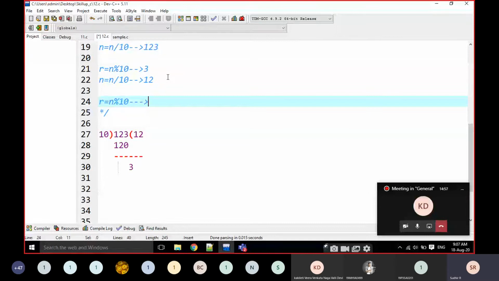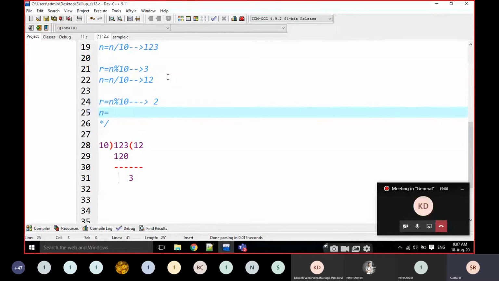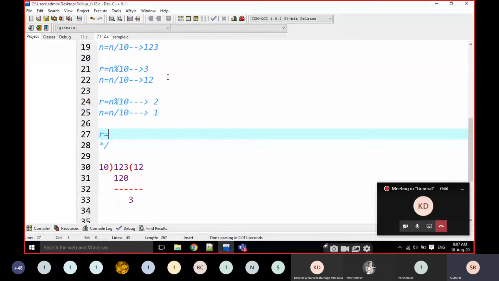2. Then n is equal to n by 10. Now 1. Now R is equal to n mod 10. Now what is the n value here?